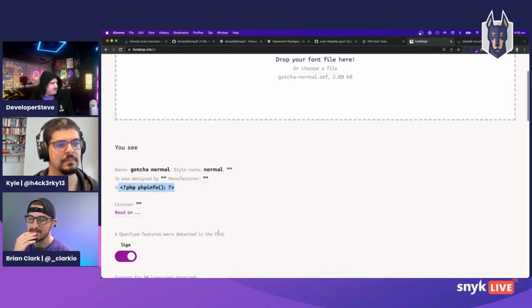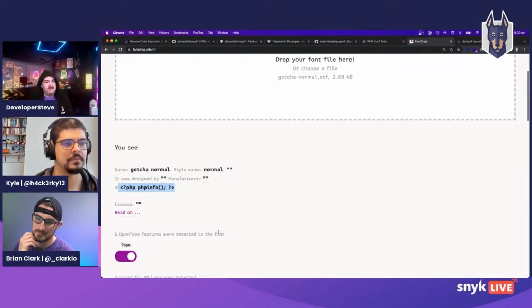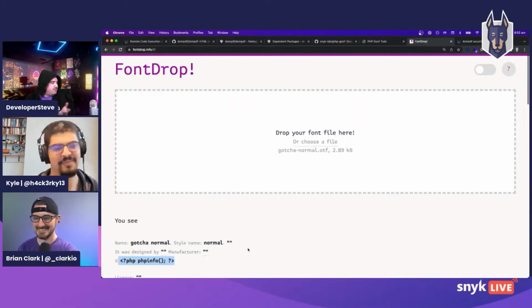So phpinfo() is a function that basically gives you a whole bunch of system information from PHP servers. And in the wrong hands, that's not good. But you could easily swap this out and do a command line executable. You could do a database dump. You could do anything you wanted in here, anything at all. Basically, we create this malicious font, which I've called